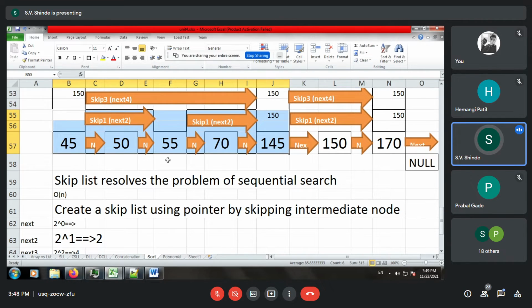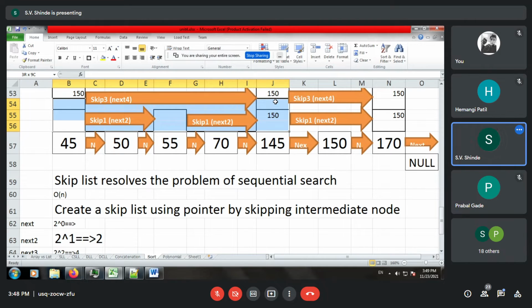As the number of nodes are being added to your skip list, you find that your structure is updated. When your skip list is expanded from 2 nodes to 3 nodes and 3 to 5 nodes, you can see one more level has been added, that is skip 3.